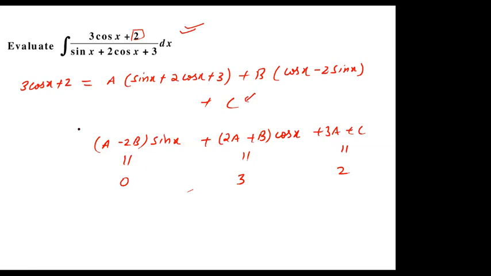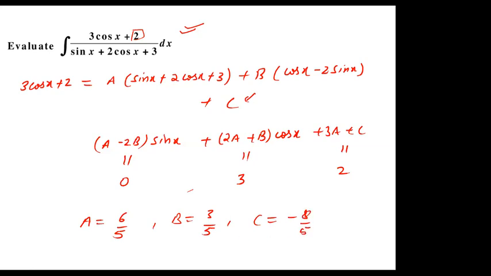Try to find out the value of... okay, fine. So yes, Freya. So A is 6 by 5, B is 3 by 5. B is 3 by 5. So find C now. Okay, fine. So yes, Prabhakar, have you found out the value of C? Sir, minus 8 by 5. Minus 8 by 5 is absolutely right, exactly correct.